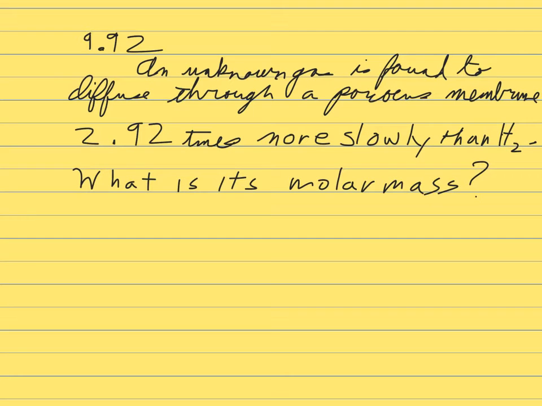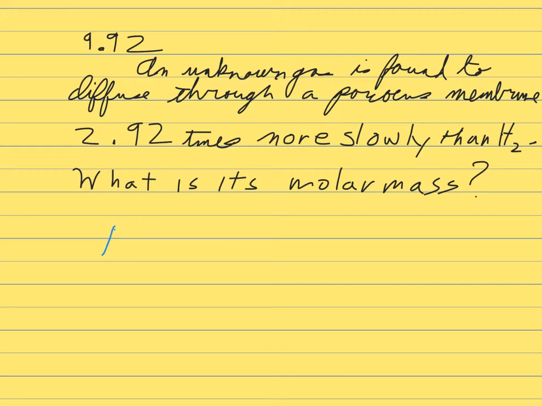All right, let's take a look at 992. An unknown gas is found to diffuse through a porous membrane 2.92 times more slowly than hydrogen. What is its molar mass? First of all, your 2.92 multiplier may be a little bit different depending on what you have there, but the setup for the problem is always going to be the same. It's going to use your comparative rate of effusions formula